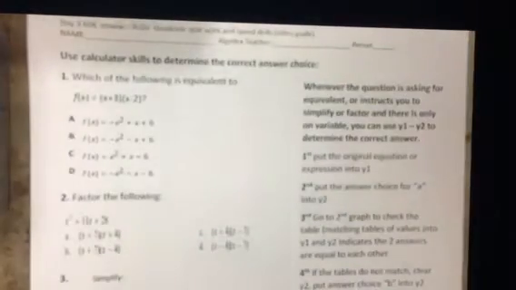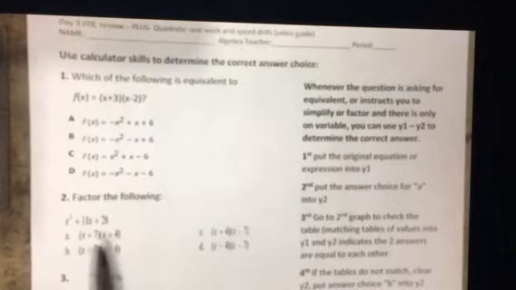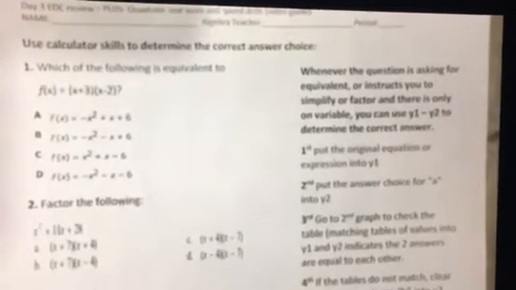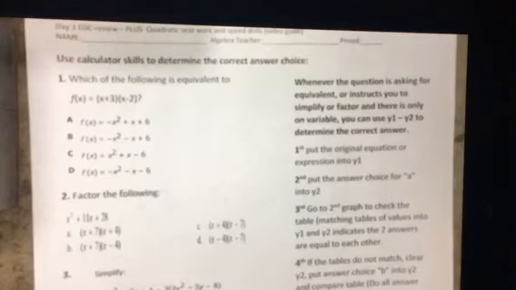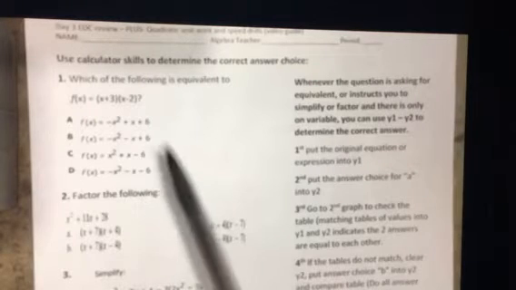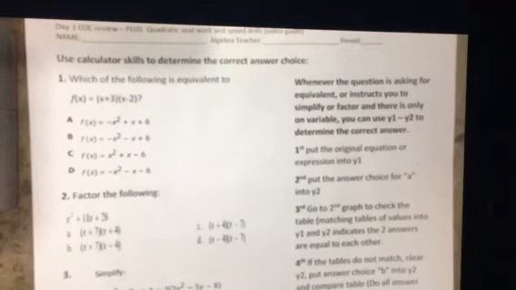Whenever the question on an assignment asks if something is equivalent, or asks you to factor something or simplify something, you can use your calculator as long as you're only working with one variable within the problem. Here I have just an x, and in the bottom one just a y, which in my calculator I will replace with x's instead of y's. So when this happens, we can use y1, y2, and